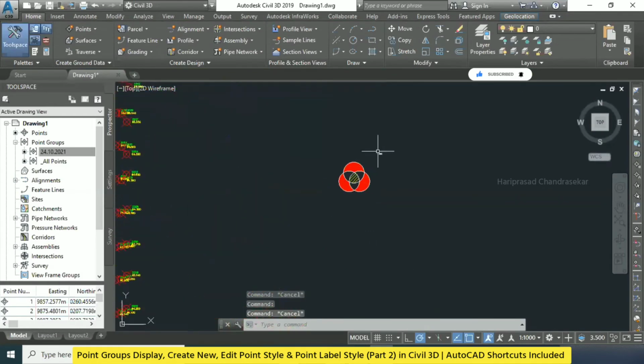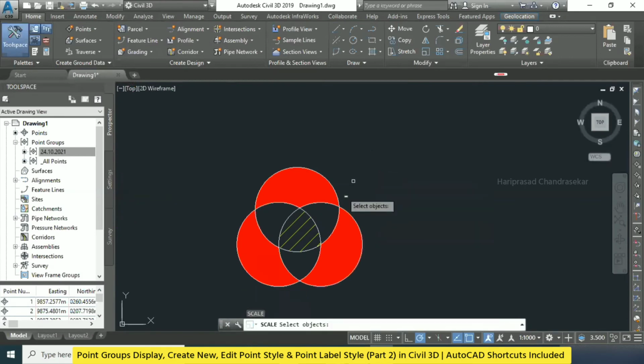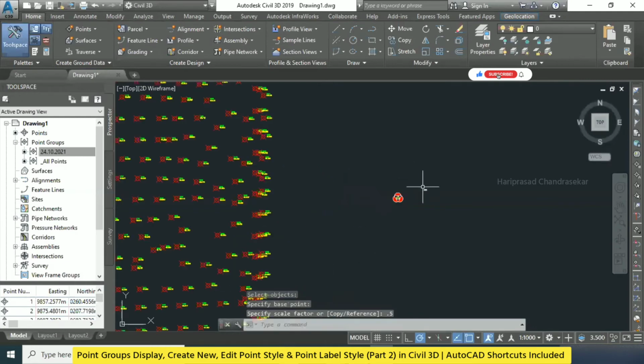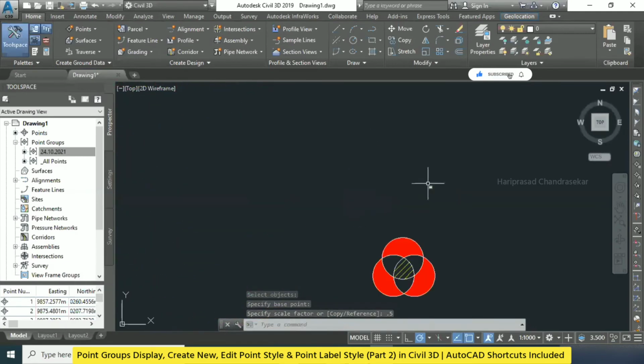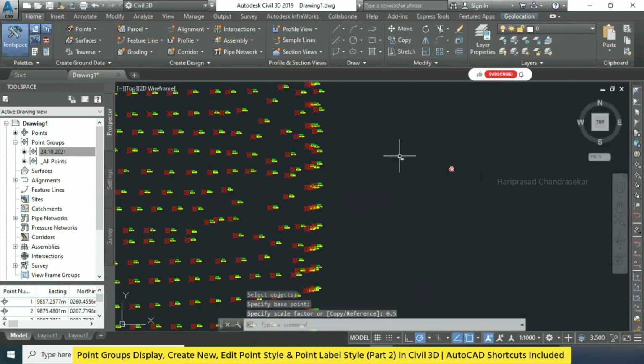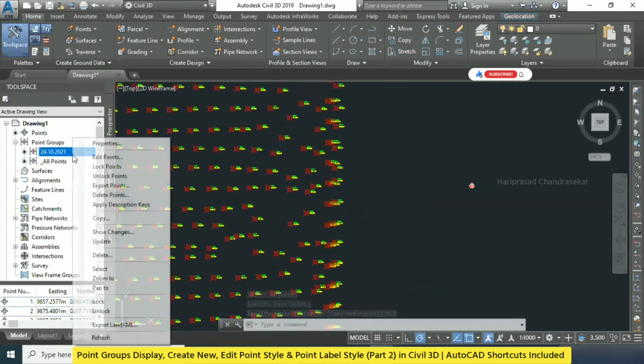Okay. Now what we can do is I can scale it. I guess I can scale it to 0.5. Okay. Or even more also we can scale. Now I will go here and then go for property.